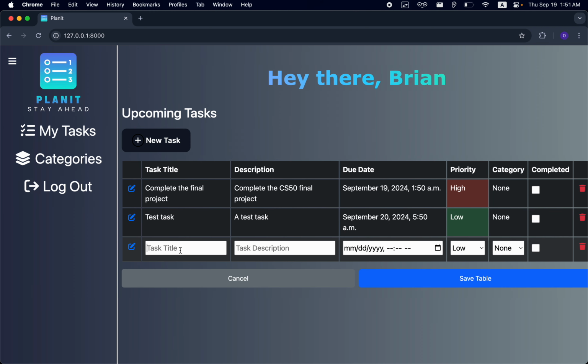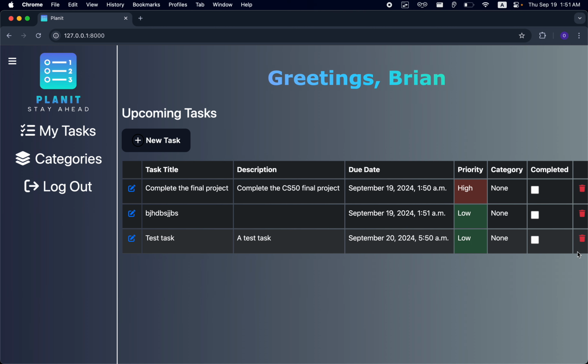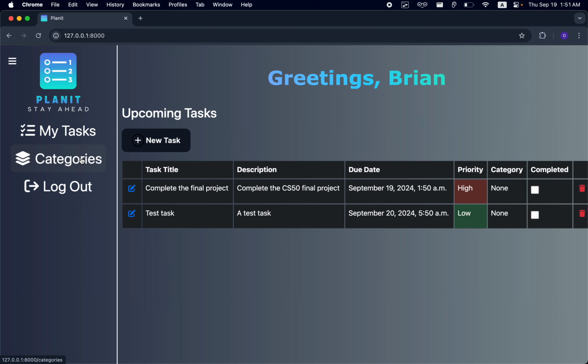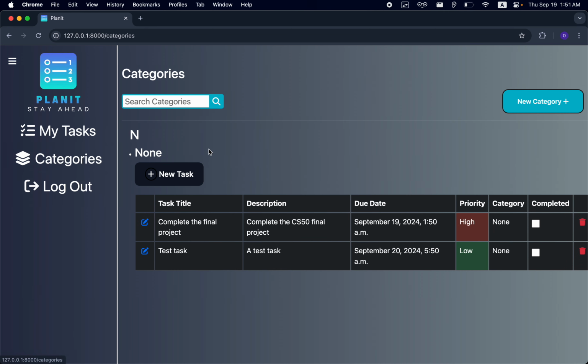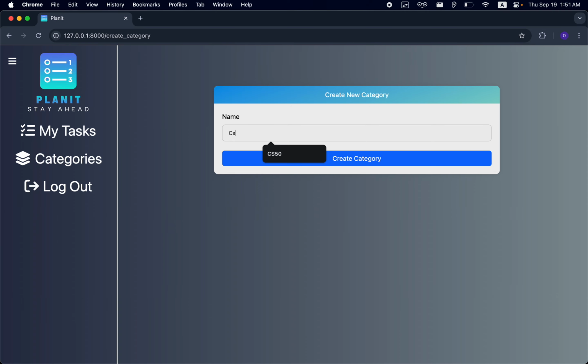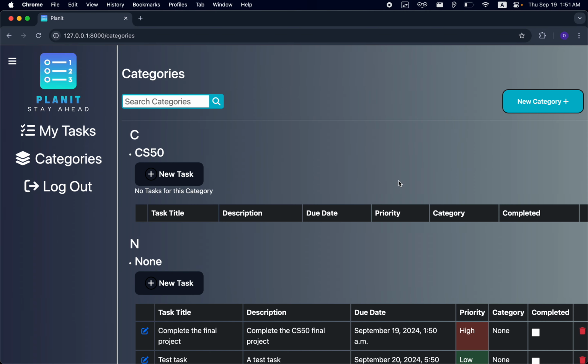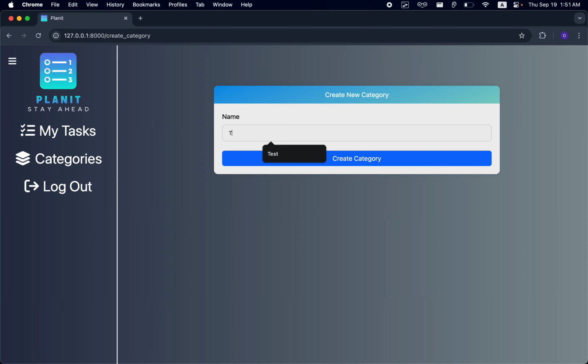Also, if I created a task and then I changed my mind, I can delete it from this button right here. So let's go to the categories page and create two categories. So let's create one called CS50 and another called test,